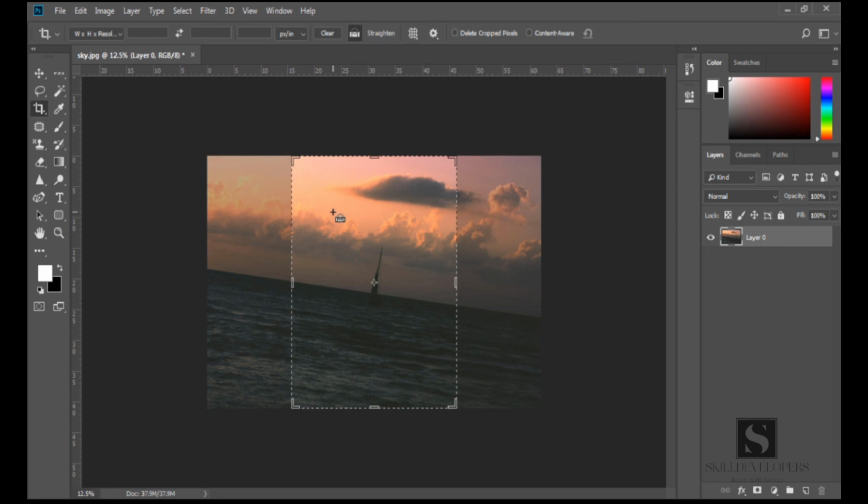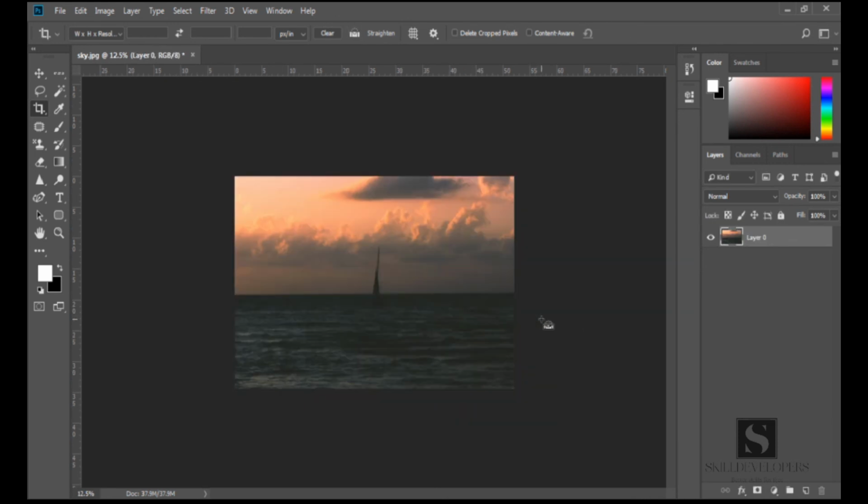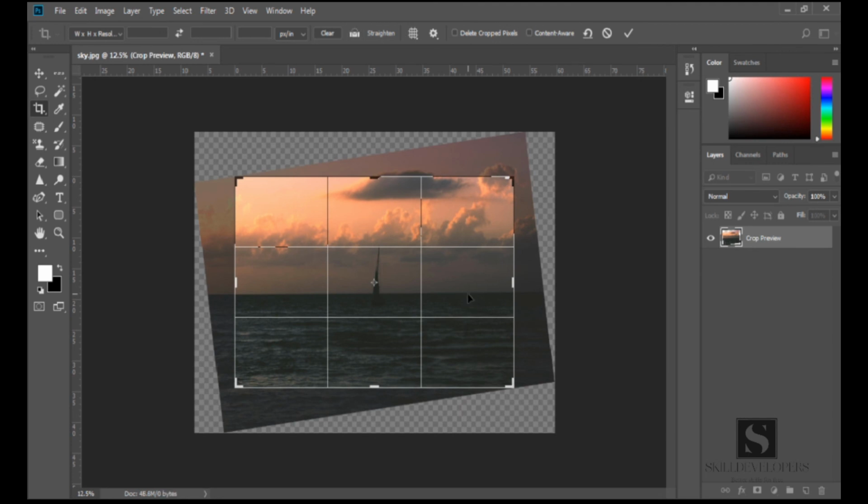Okay, if I select this option, for example, I want to straighten this sky, and then click on this point and drag to this point and hit the Enter key. Now we see the image is straightened. If I click on an image by the crop tool,